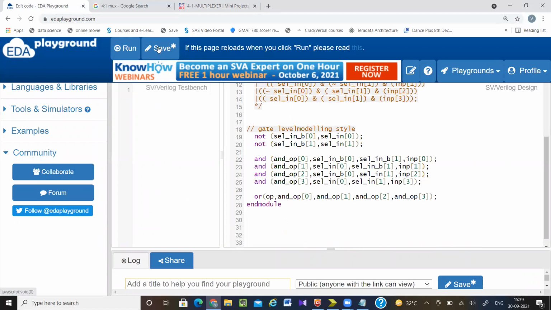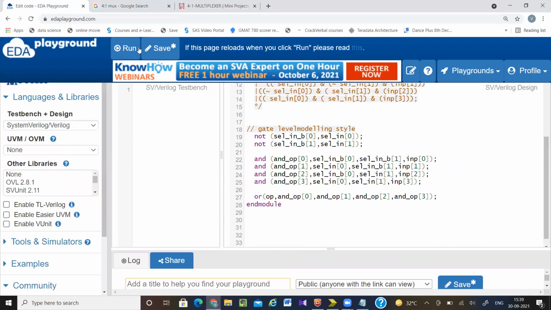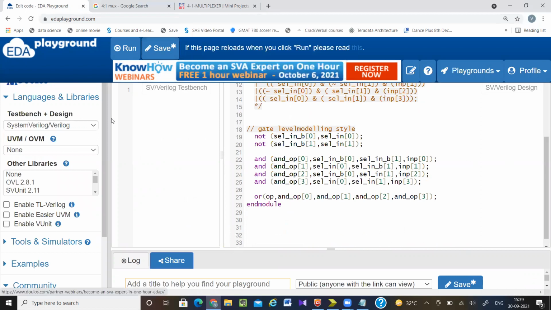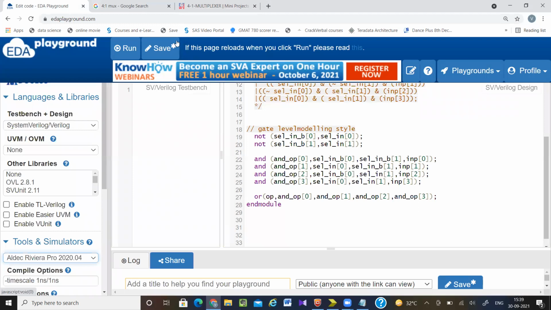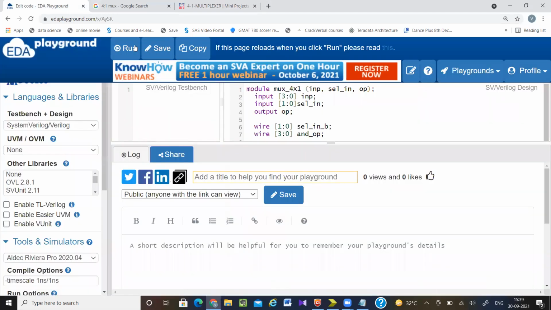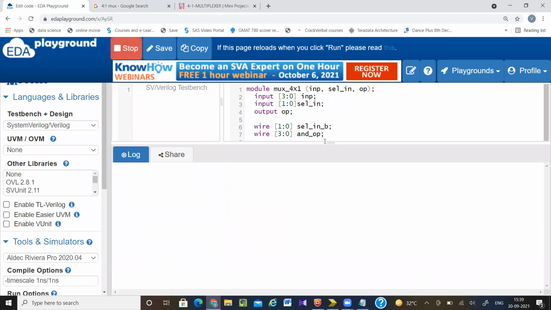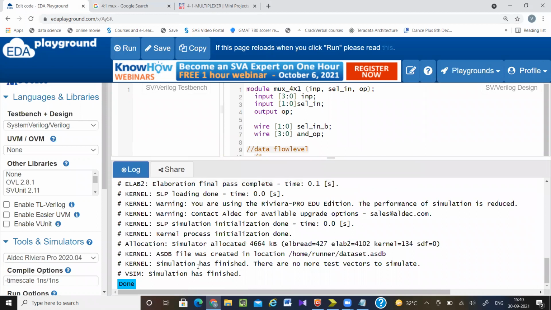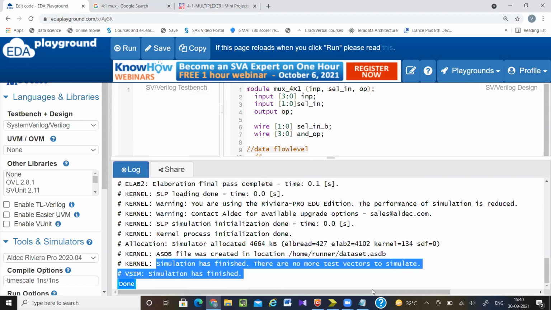Okay, now let's see whether there is any compilation error or not. Okay, so there is no compilation error.